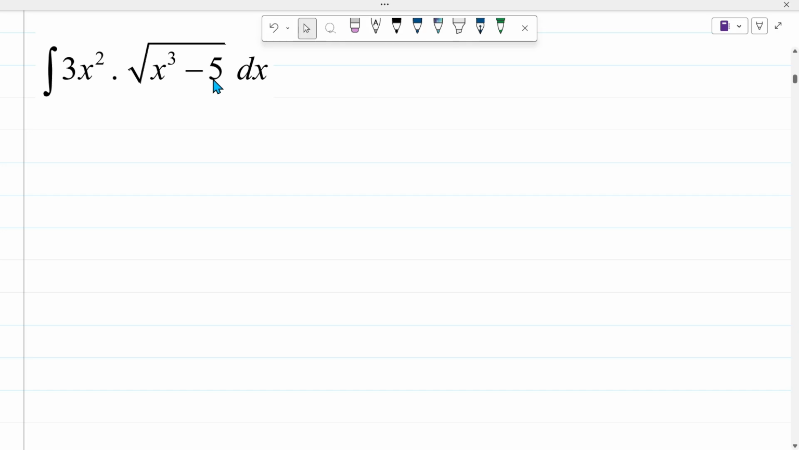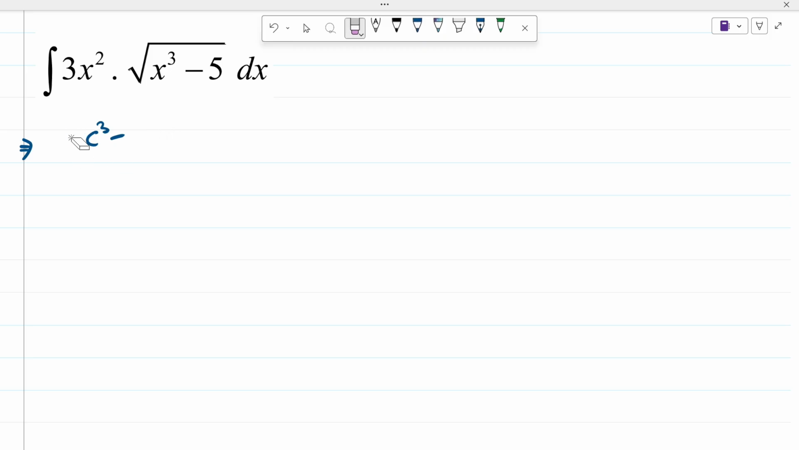I get 3x squared, right? Meaning that this 3x squared is the derivative of this. So this is the f of x and that is the derivative, meaning that I can use the general power rule here. So the answer for this is just going to be simply x cubed minus 5 to the power